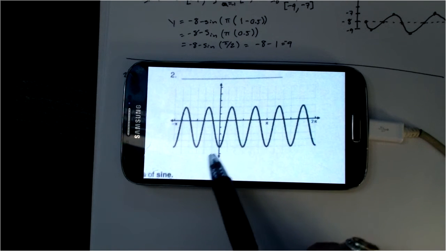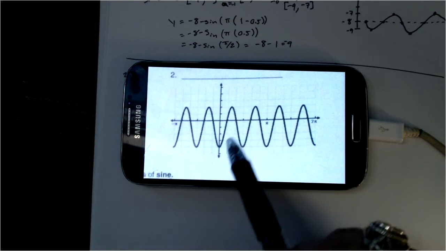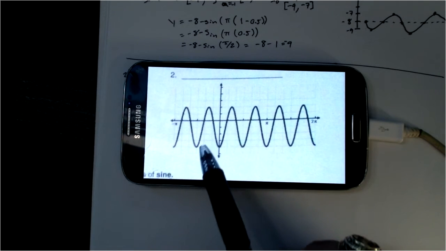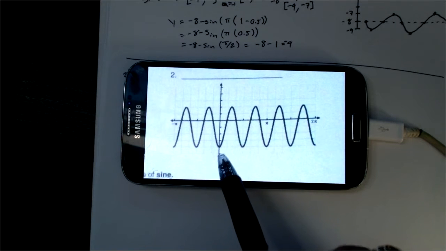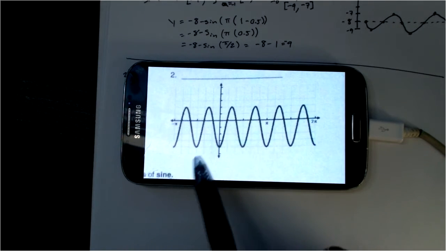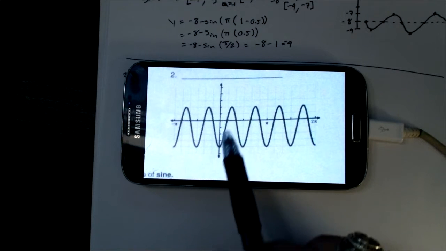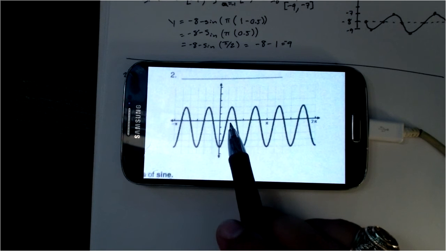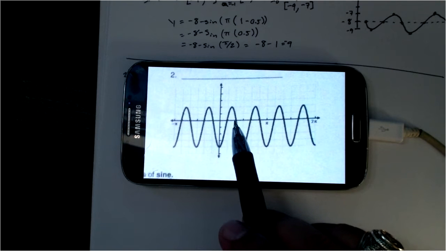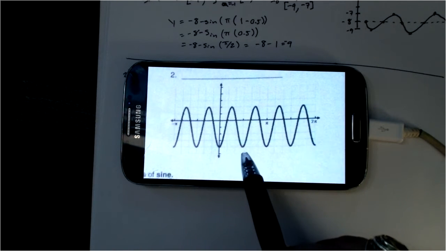So to make things easy, I'm just going to pick, let's see, let's just pick this value here. Okay, now I know it might be a little hard to see. It's probably easier to see on your worksheet than it is on mine, but I think I might pick here. But see, the problem with picking this point right here as our starting point is the fact that it's kind of in between 2 nice blocks, so to speak. Okay, so what I might do is I might choose a trough instead, because this trough